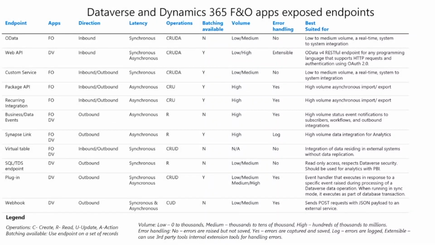In this table, we are listing the endpoints in the first column, second column for which apps these endpoints are available, Dataverse or F&O, then the direction, inbound, outbound, the latency, synchronous, asynchronous, the operations, create, retrieve, update, delete, action, batching available, so if the endpoint can run on multiple records, volumes for which the endpoint is well suited, error